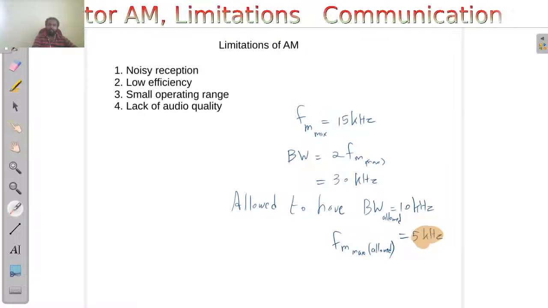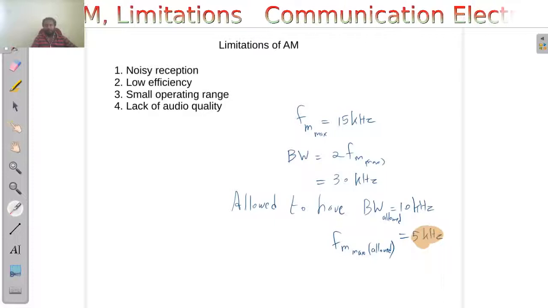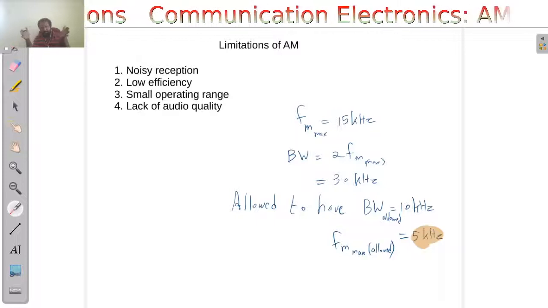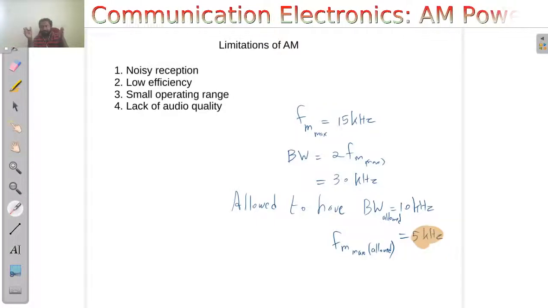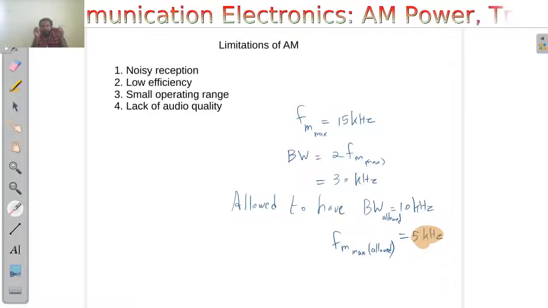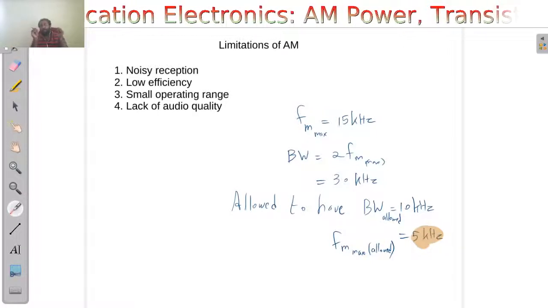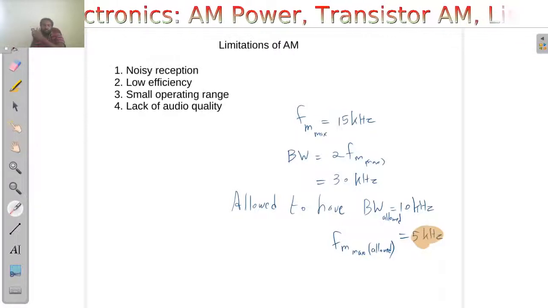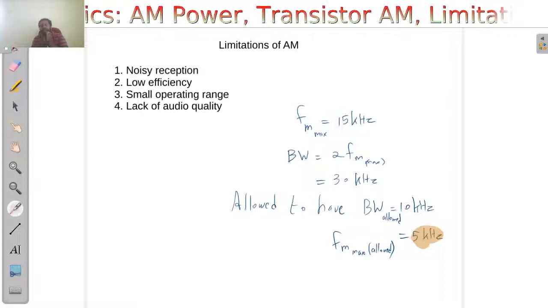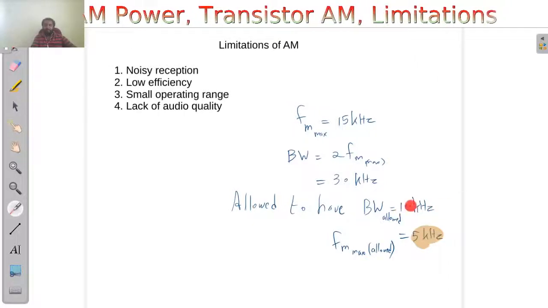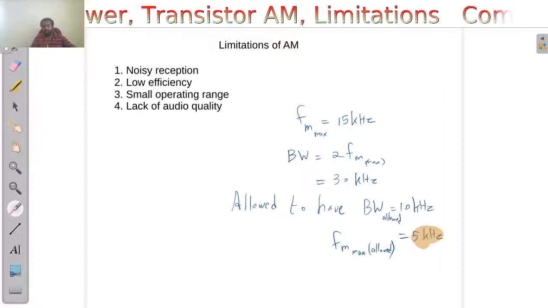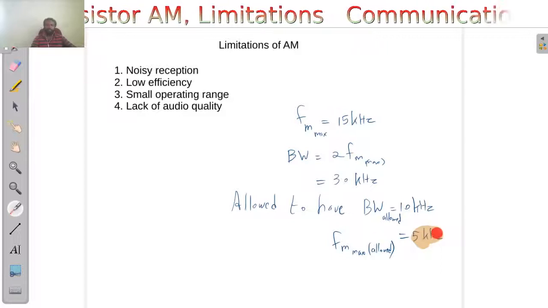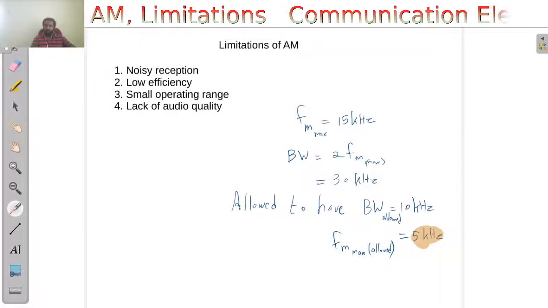Why are we choosing a bandwidth of 10 kilohertz? That is because we need to accommodate more broadcasting stations in the specified AM broadcasting spectrum. That is why we have only 10 kilohertz of bandwidth, and there will be additional guard bands between two adjacent stations to avoid interference. So altogether you have only 10 kilohertz to transmit using AM. That is why any musical concert transmitted over the amplitude modulation scheme will suffer a lot in quality.